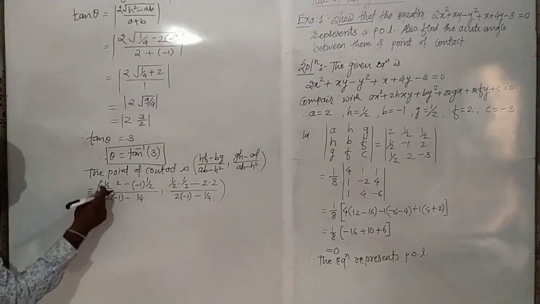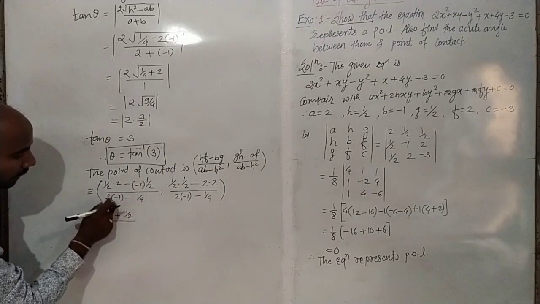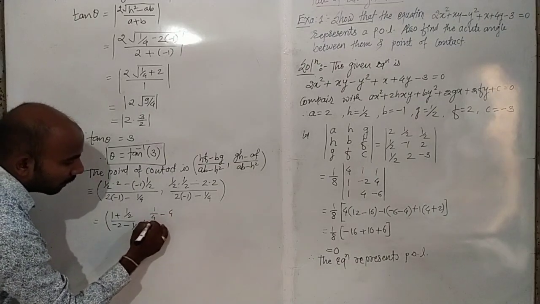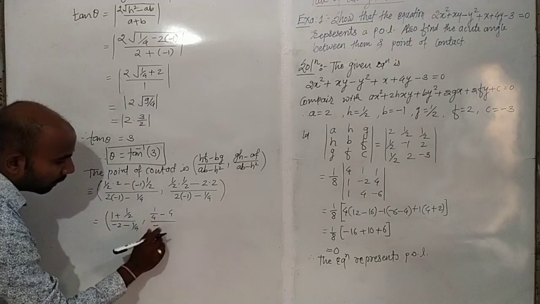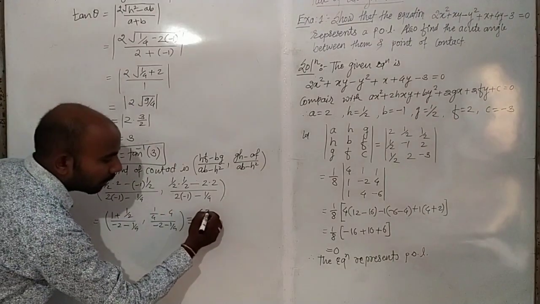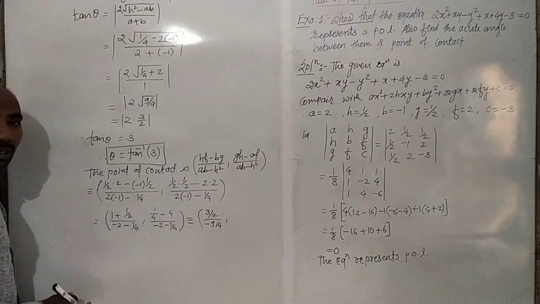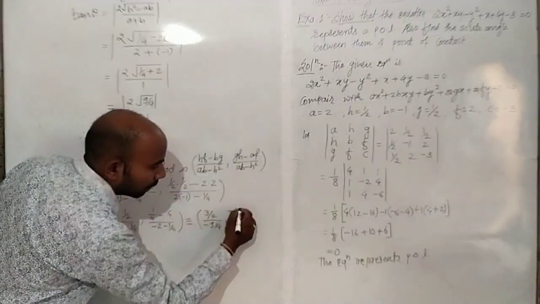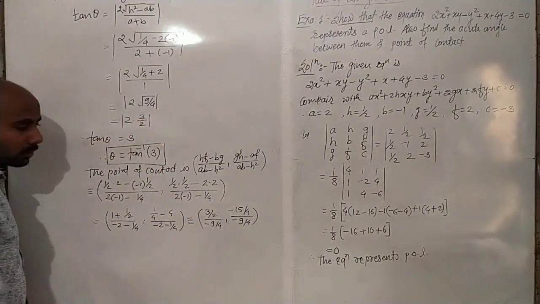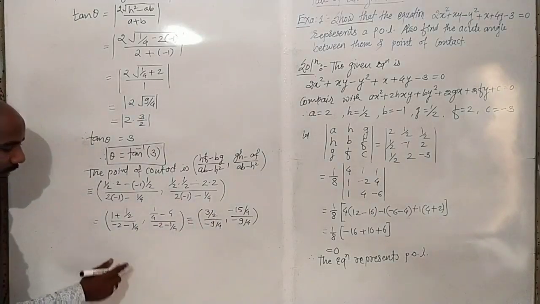After solving this, we get here 2 into 1 by 2, that is equal to 1 minus 1 by 2 and 1 by 2, then plus 1 by 2 divided by, here is minus 2 minus 1 by 4, यहाँ पे होगा 1 by 4 minus 4 divided by minus 2 minus 1 by 4. इसी को सॉल्व करेंगे. सॉल्व करने के बाद हमें मिलेगा यहाँ पे 3 by 2 और यहाँ पे मिल जाएगा हमें minus 9 by 4 और यहाँ पे मिल जाएगा 4 4 का 16, 1 minus 16 minus 15 by 4 डिवाइडेड बाय, यहाँ पे मिल जाएगा हमें minus 9 by 4. इसको सॉल्व करने के बाद में ये क्या हो जाएगा 3 by 2 और 4 by 9. तो अगर 3 by 2 और ये 4 by 9 हो जाता है तो 2 2 कैंसिल और 3 3 कैंसिल, तो मिल जाएगा वो 2 by 3.